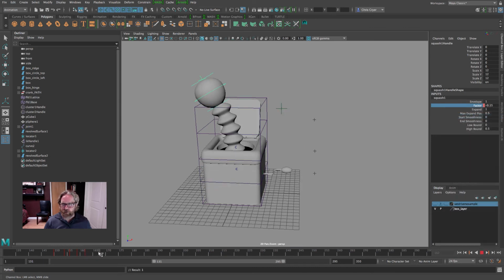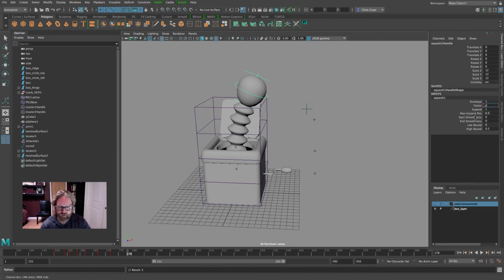Then when it's up, we'll do 0.1, key it, negative 0.1, we'll key it. Next high position is about there. So now let's do 0.075 and key it, negative 0.075,